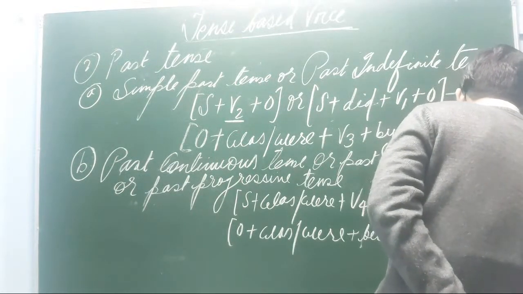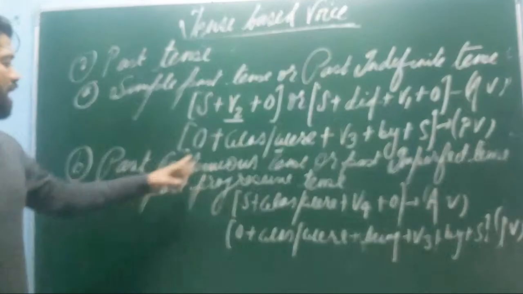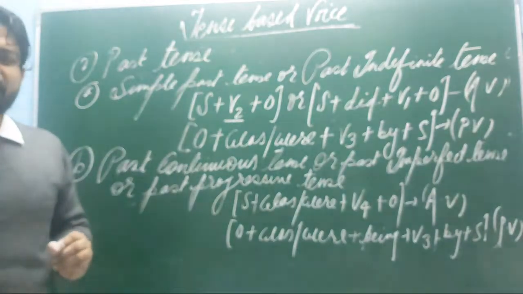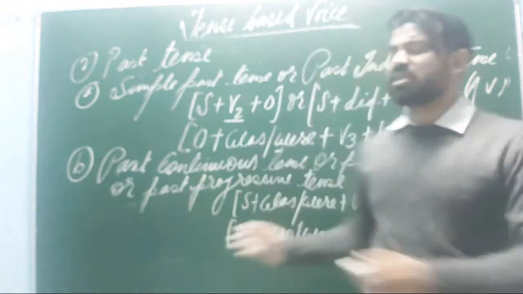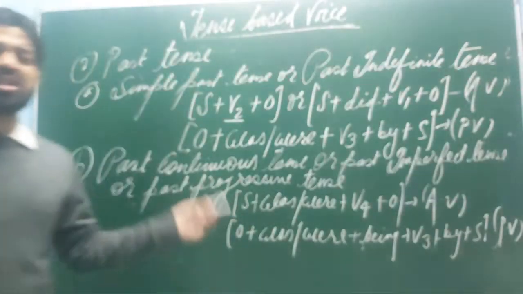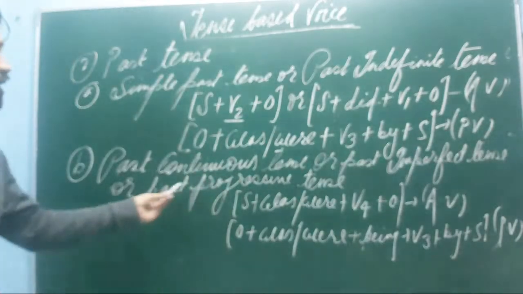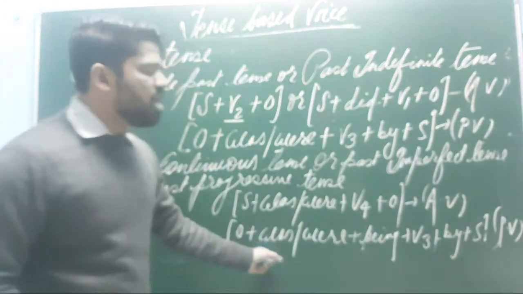So this is the passive structure for the second form of the past tense, the past continuous. I think it is getting quite clear to all of you what I am saying, because it has been discussed previously in your class earlier. I have discussed all this in the class. So for your revision work, I am doing all this. So this was the second form of the past tense, the past continuous tense, or past imperfect tense, or past progressive tense. This is the active structure and this is the passive structure.